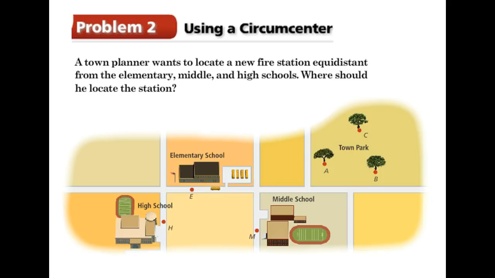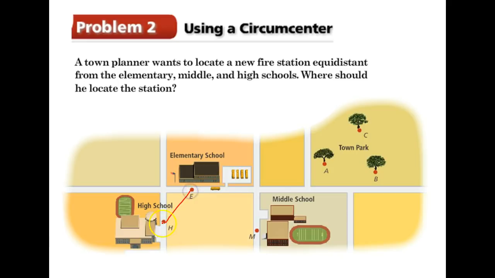We have a town planner who wants to locate a new fire station that is equidistant from an elementary, middle, and high school, and we're interested in where that should be located. We know now that the circumcenter is equidistant from the vertices of a triangle, so if we were to draw a triangle